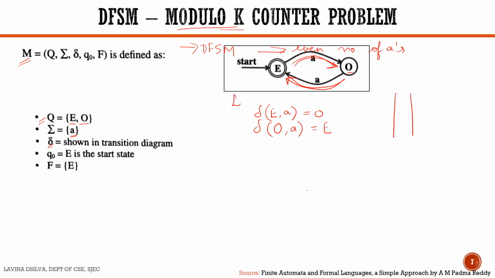This is the list of transitions, and in case we are to write a transition table, then it is a single input. E is our start state as well as final state. On state E, if we give A, it goes to the odd state, and in the odd state, in case we give an A, we go to the even state. Q naught, which is supposed to be the start state, instead we write it as E here. This is our start state, and F stands for final state. Since it is a set of states, we can have a set of states. Here in this diagram, E itself is the final state.